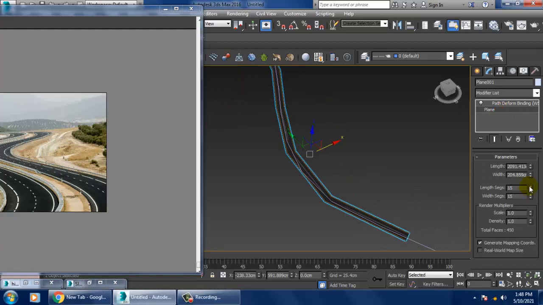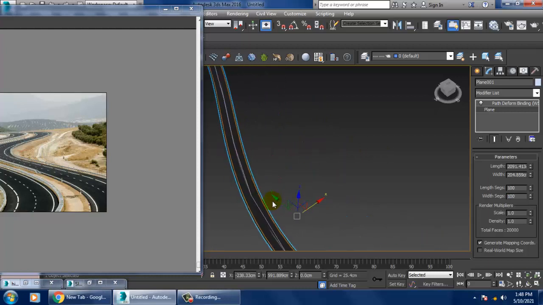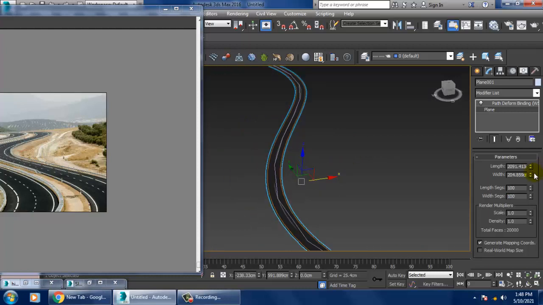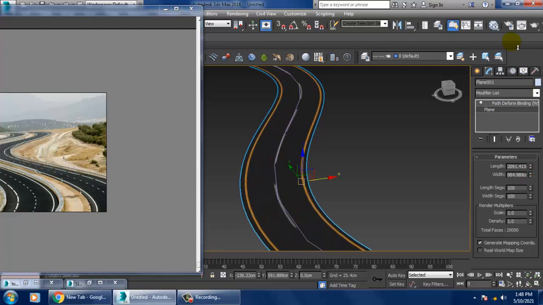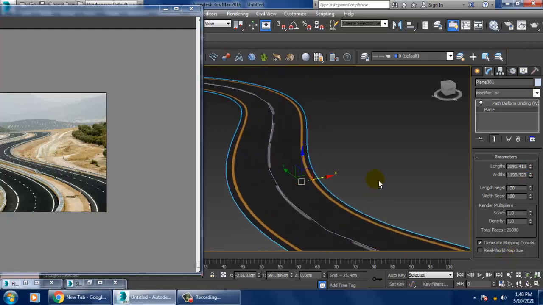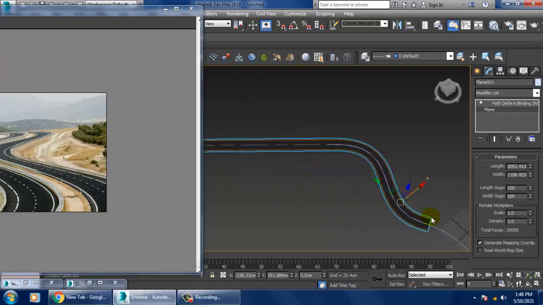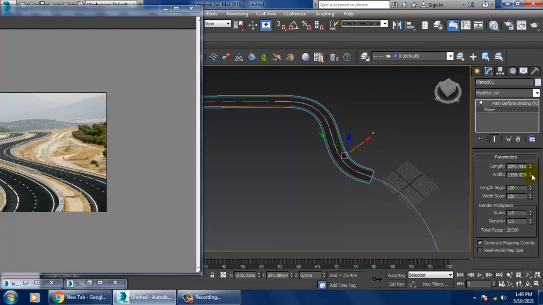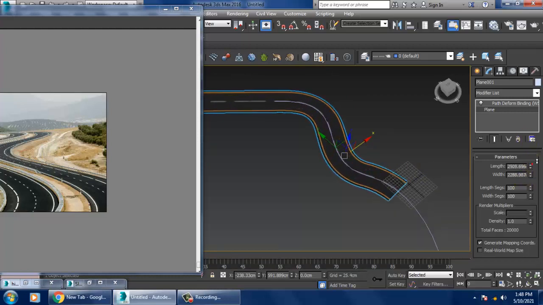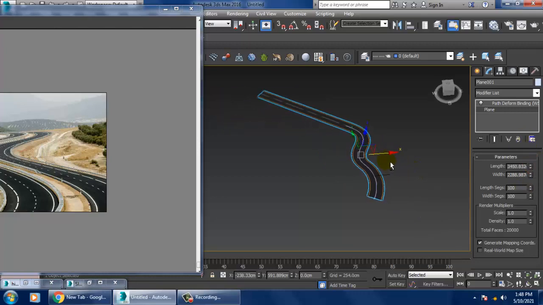I think we can increase the segments of the plane. We can increase the width over here. Now it looks much more perfect. We can increase its width more, and the length a bit.